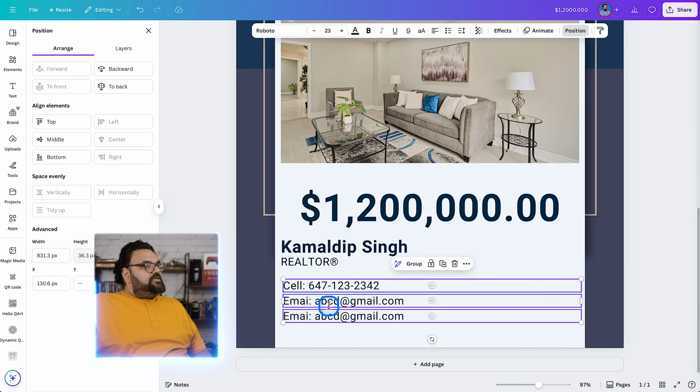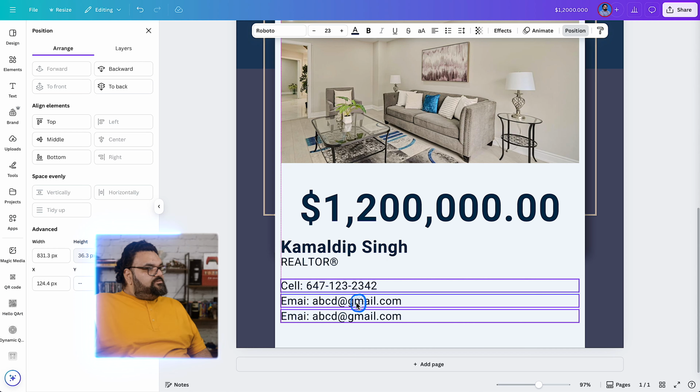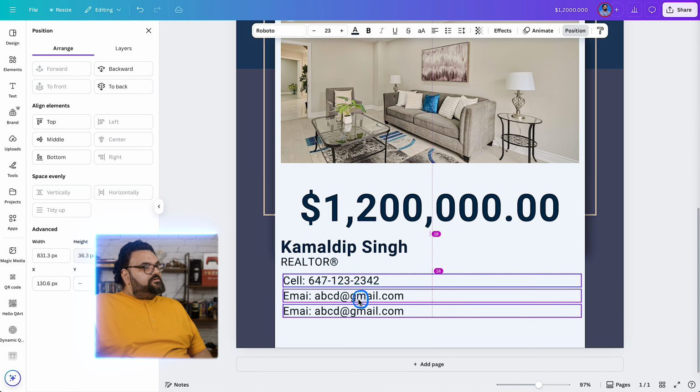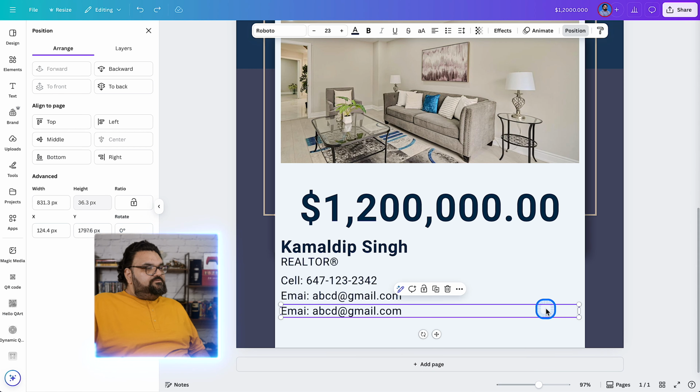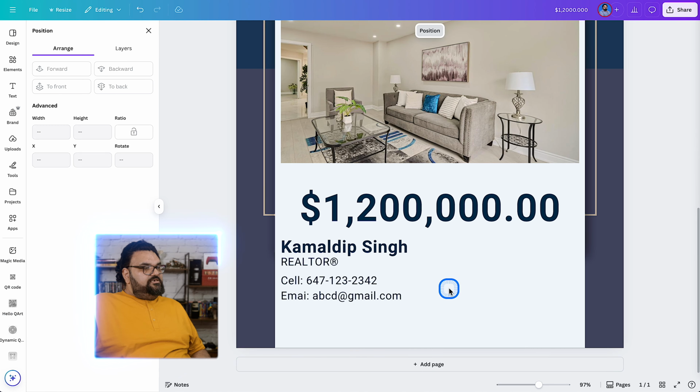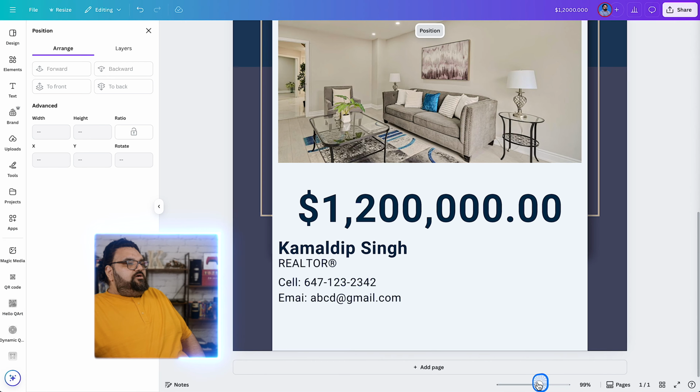Now just click, hold, and try to line them up with your name and realtor. So there we go. If you want to move them up a little bit, we can do that. All right, and that's it. Actually, I'm going to delete this last one. So just select it and click delete. So I'm going to zoom out,